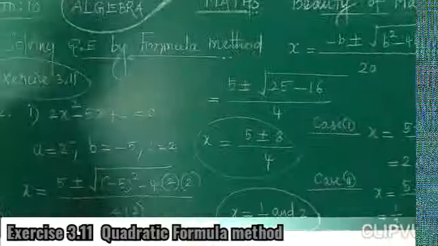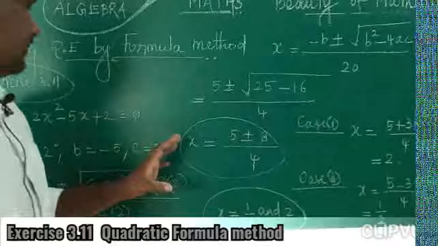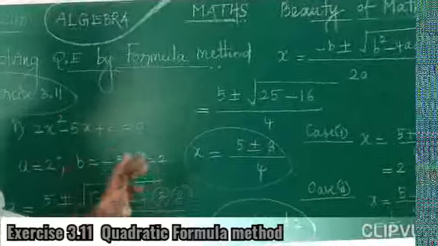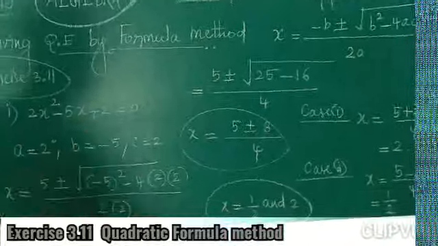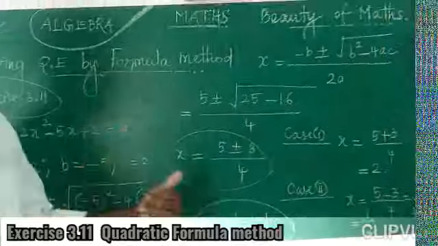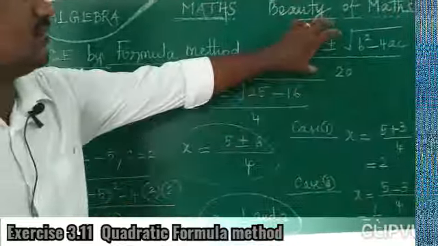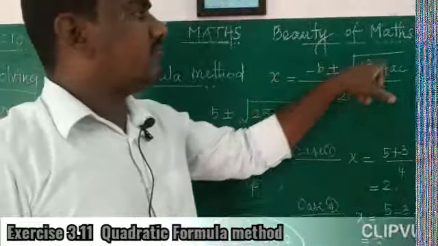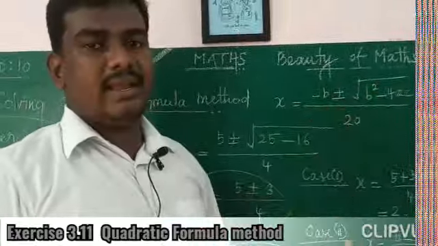It is a very easy method. Here the important thing is to verify whether it is in the standard form of a quadratic equation or not. Okay, if it is in the standard form, we can find the respective values of a, b and c. After that we just assign them in this formula. The formula is x is equal to minus b plus or minus root of b square minus 4ac, whole divided by 2a.